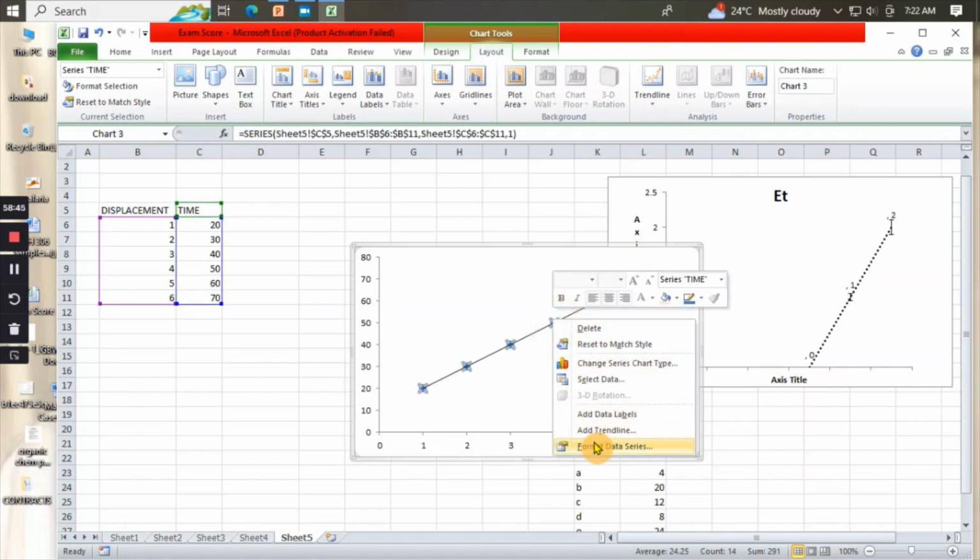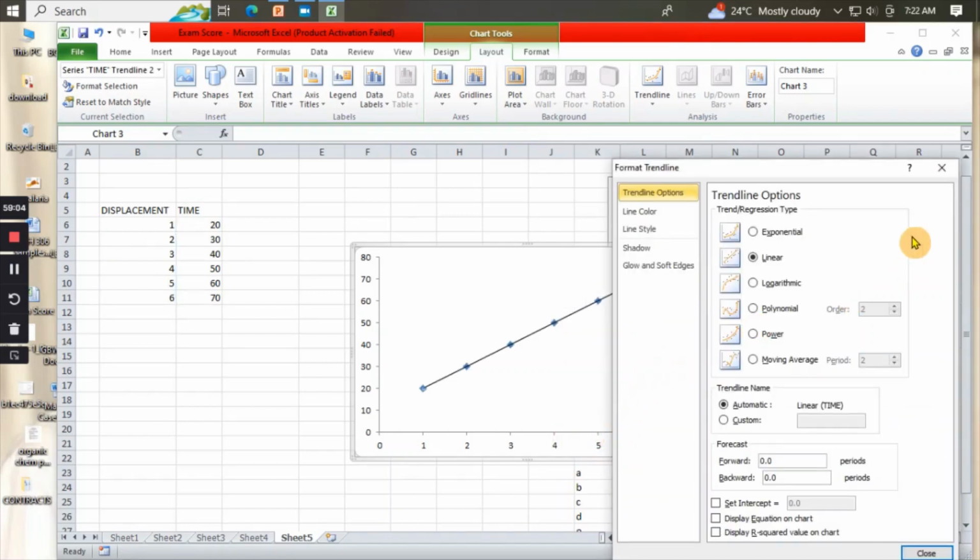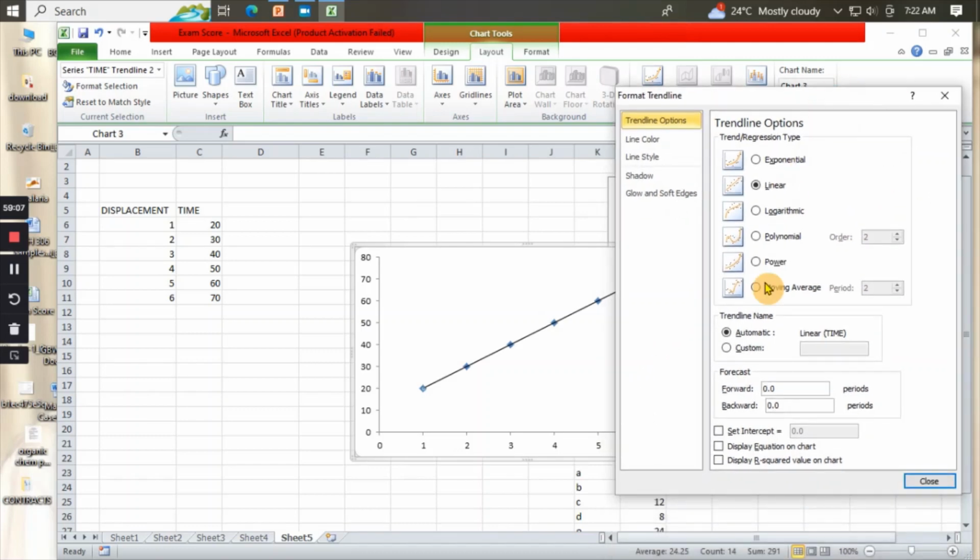You can equally add the equations, the correlation coefficient, the intercept to this graph. So if I have this one, when I come to trend line, as we showed earlier, the trend line also displays for me a portion where I can check in the intercepts. I can check in the equation, then I can check in the correlation coefficient. So as seen here,